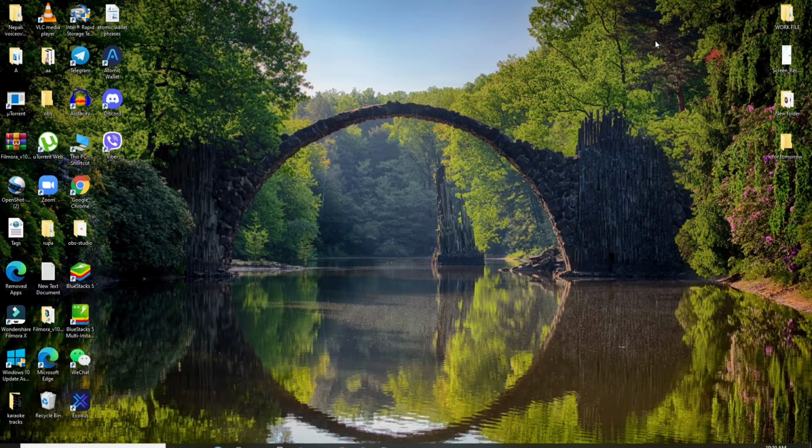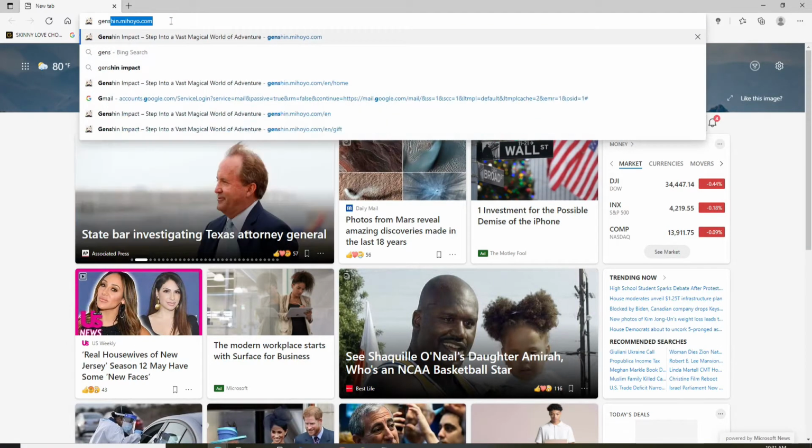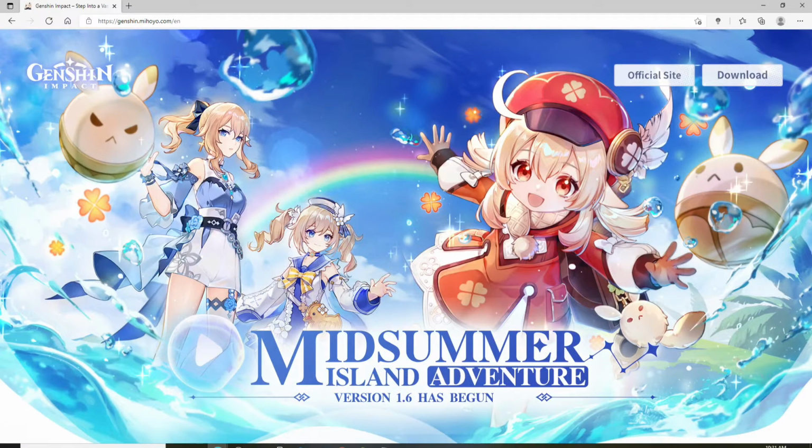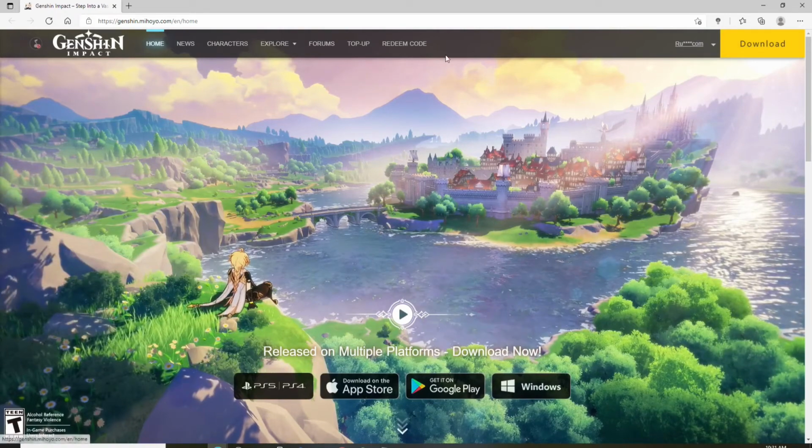In order to redeem your code on Genshin Impact, open a web browser first. Go to the URL box at the top and type in genshin.mihoyo.com and press enter on your keyboard. You can do this on your application version as well. Click on the official site at the upper right corner and from this official website homepage, click on redeem code